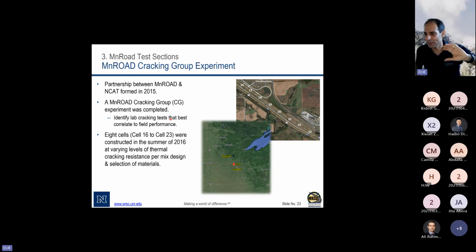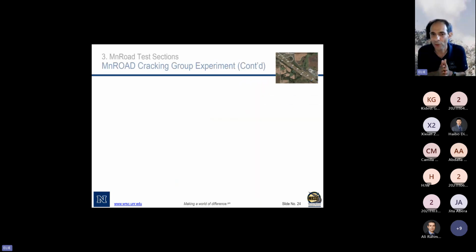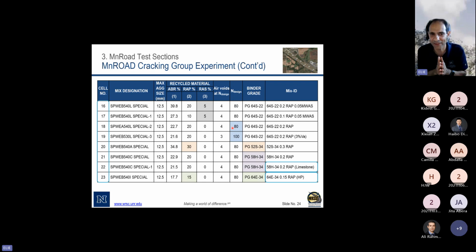As far as the climate, the temperatures can be in the low minus 28 and the minus 30s and so on. It's a much colder environment because it is really the borderline. What you see here on the top is really Canada, right? So it's really north of the United States. So we had those cells, the test sections. They had varying levels of thermal cracking resistant mix designs, and I'm going to show you the 8 different mixtures that you see over here. I tried to highlight them just to help you understand them.